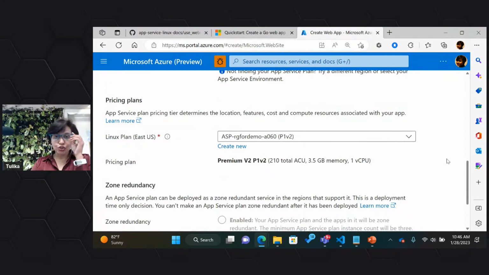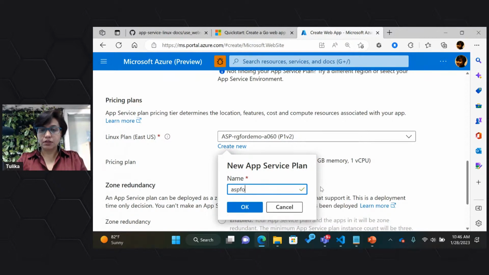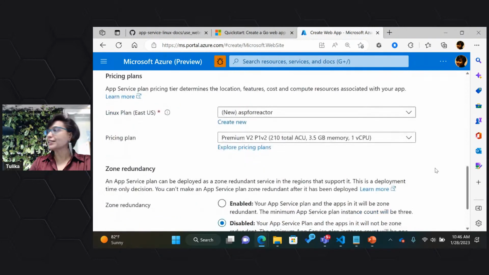And then you can choose your Linux app service plan. Now, the Linux app service plan defines what kind of VM or computing power you're going to need. So you can do a create new over here, and you can give a name. And let's say I say okay. And as soon as you choose a new app service plan over here, you can see that you have various